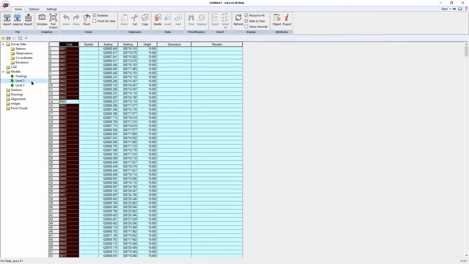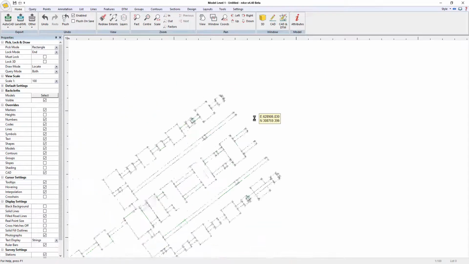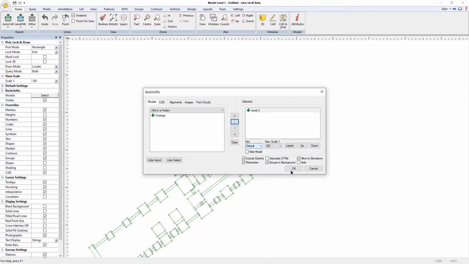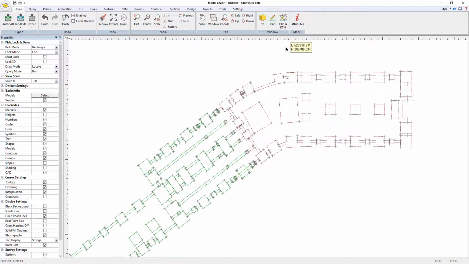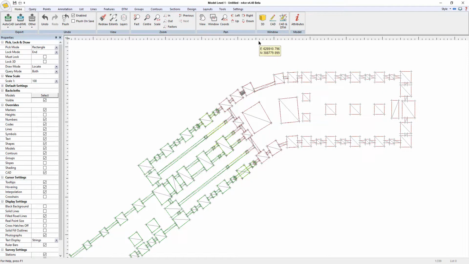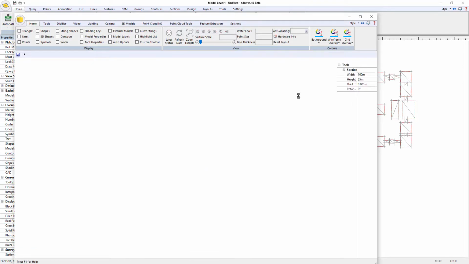So if I now go back and look at level 1, you'll see that we've lost the TBs, but if I do Alt B for backcloth, move level 2 over, there they are there. And if I do Alt B again, move the footings over, they're in there as well. And if I go to the whole thing in 3D,